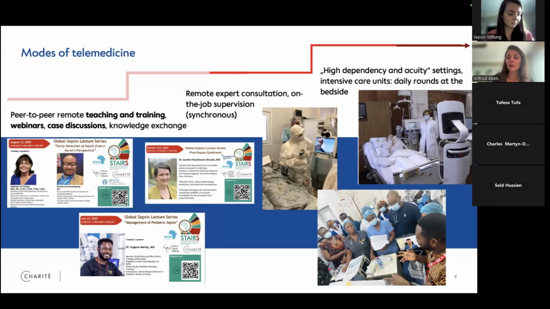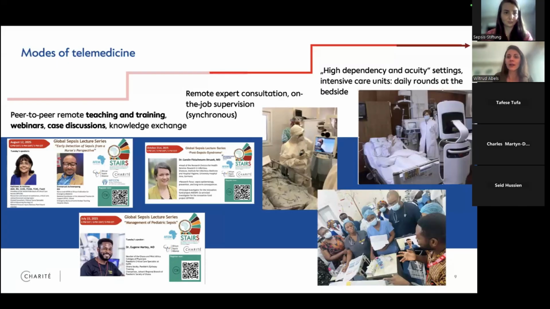So while the treatment is still ongoing, to get in touch with a remote specialist, an expert that then provides a second opinion on the ongoing treatment. This can happen at the bedside, so at the point of care. It can also be away from the bedside, but the closer it gets to the bedside, the more we are